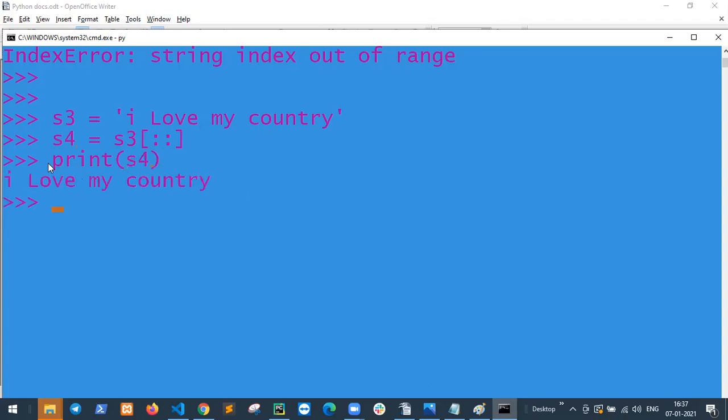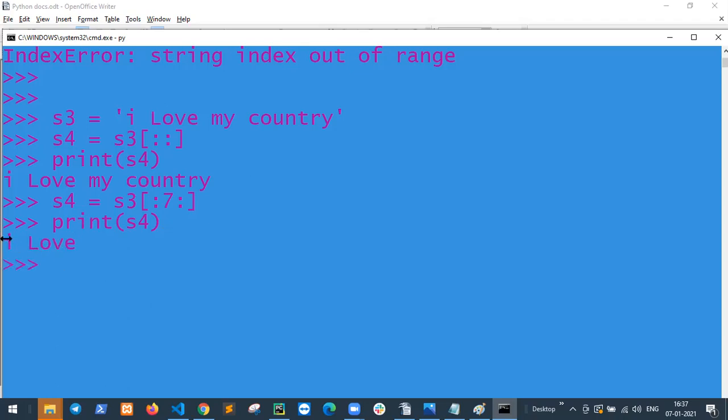This is the same result. Print s4. If I say starting value empty, and ending value 7 and no increment, so print s4.